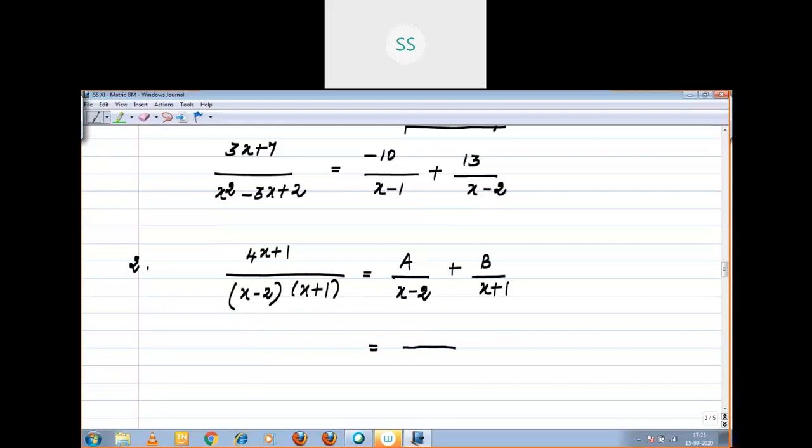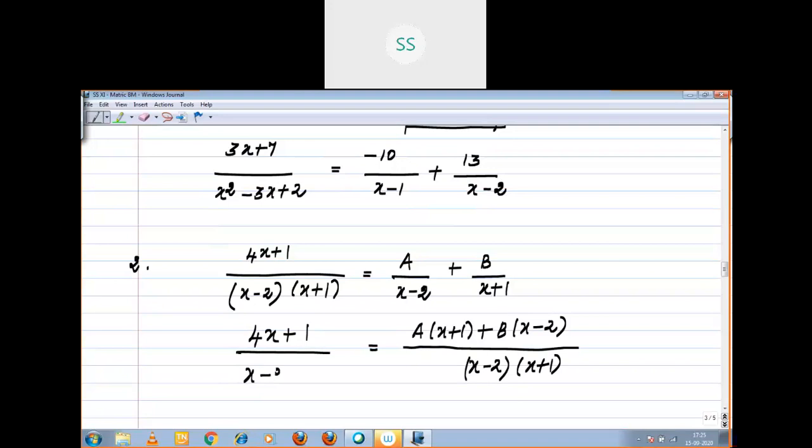Yes. Now I'm going to make the denominator on the right-hand side the way it exists on the left. The same way I am going to modify the right also: A into (x + 1) plus B into (x − 2), and here the denominator becomes (x − 2)(x + 1). Look at the denominator on both sides, left side as well as right-hand side. They are equal, so you can cancel, because equal is in between. Right?